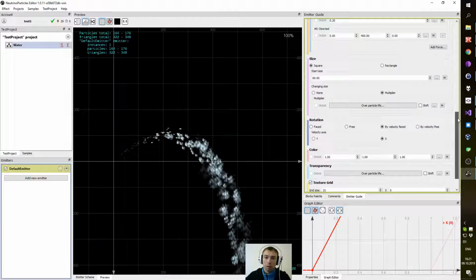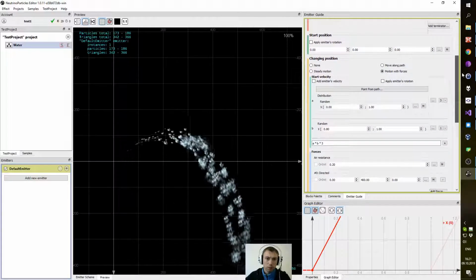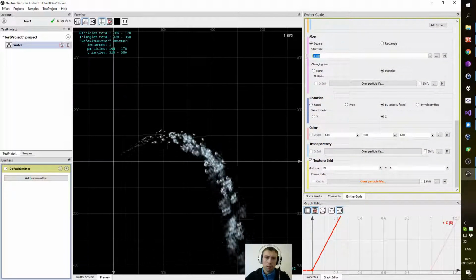Yeah, we have phase by velocity, and let's tune the size a little for this texture, like